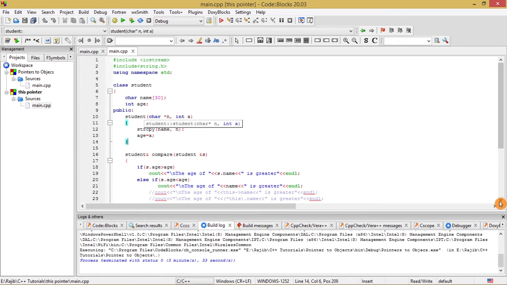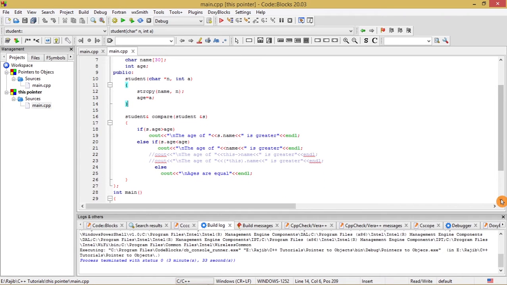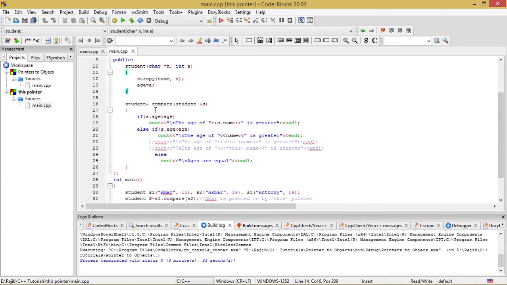After that, I have written Student &compare(Student &s). This is a member function having the name compare, which is going to compare the ages of any two students.